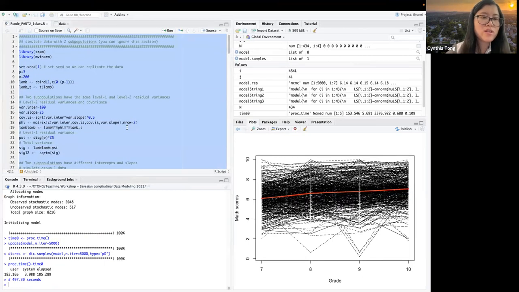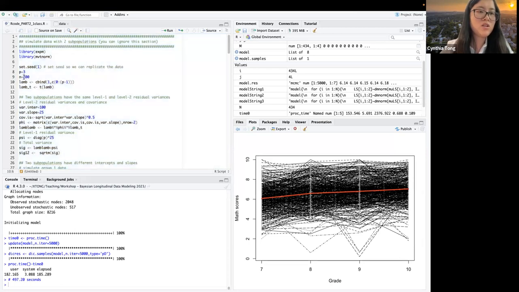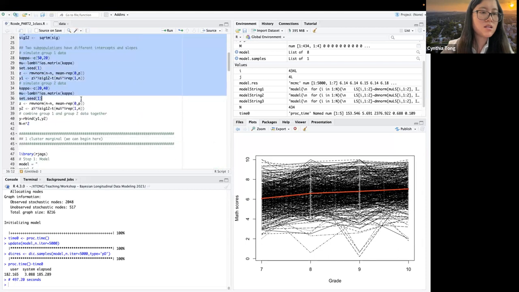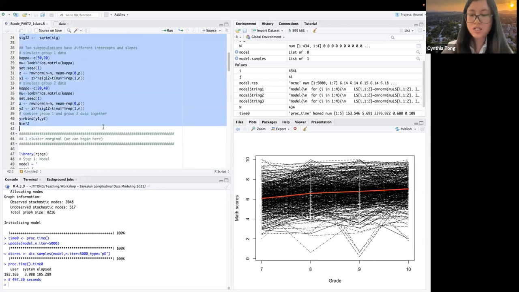If you're interested, you can see how data are simulated. Basically, we have 3 time points, and the sample size for each latent class is 200, and we have 2 latent classes, so the total sample size is 400. It's a relatively simple data set.